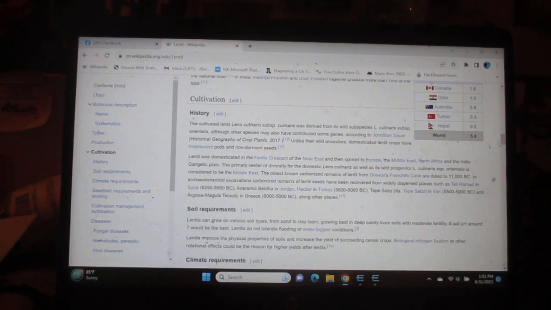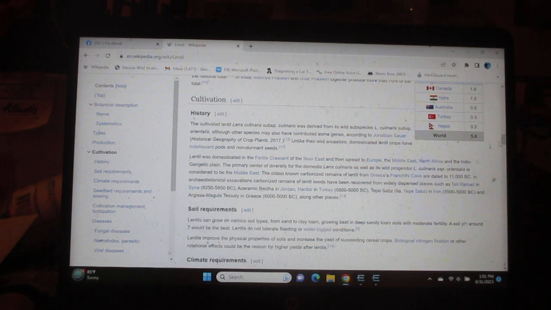Cultivation. History. The cultivated lentil Lens culinaris subspecies culinaris was derived from its wild subspecies, Lens culinaris subspecies orientalis, although other species may also have contributed some genes, according to Jonathan Sauer, Historical Geography of Crop Plants, 2017. Unlike their wild ancestors, domesticated lentil crops have indehiscent pods and non-dormant seeds. Lentil was domesticated in the Fertile Crescent of the Near East and then spread to Europe, the Middle East, North Africa, and the